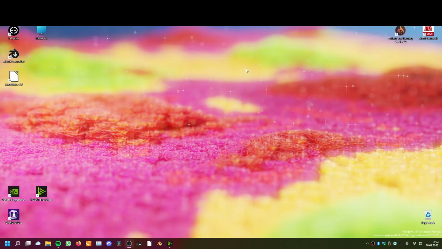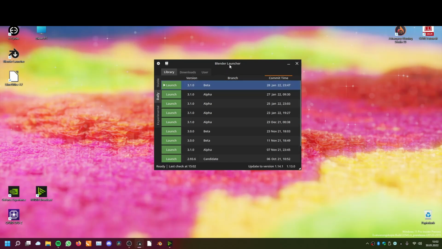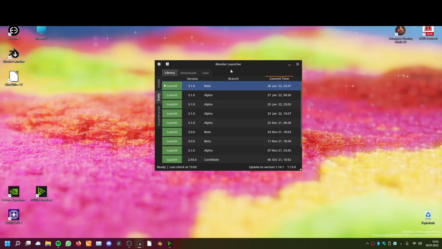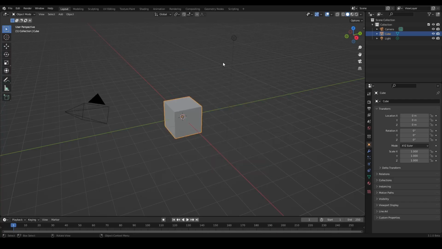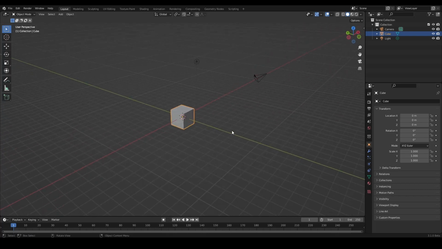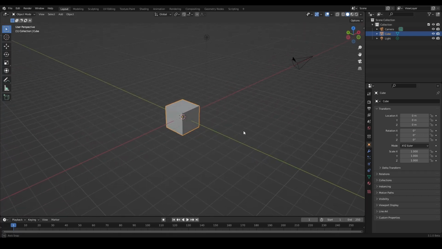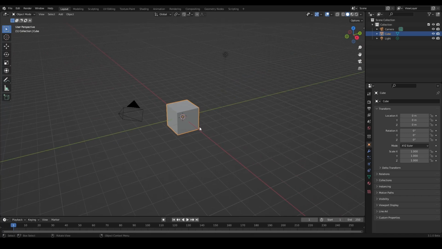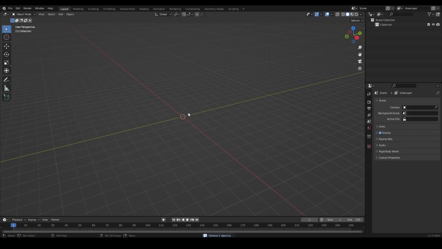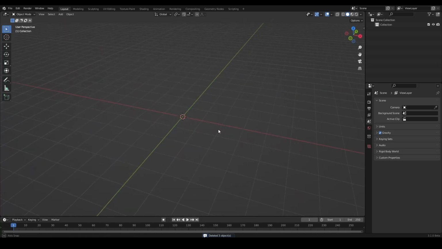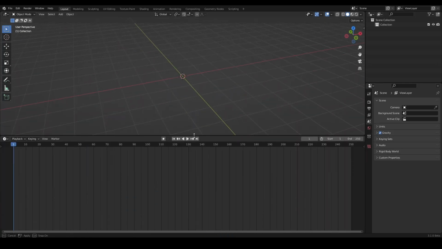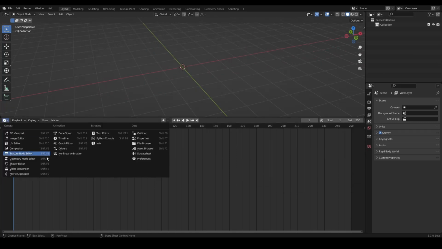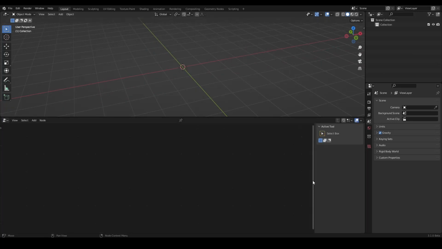So this was a relatively large intro, but now we are up to date. We will be using the new 3.1 beta. I don't think we need that many new nodes, but we will always be using the newest Blender because the newest is the best. Sometimes. So let's delete everything and let's drag this window up, and we want to go into the Geometry Nodes editor